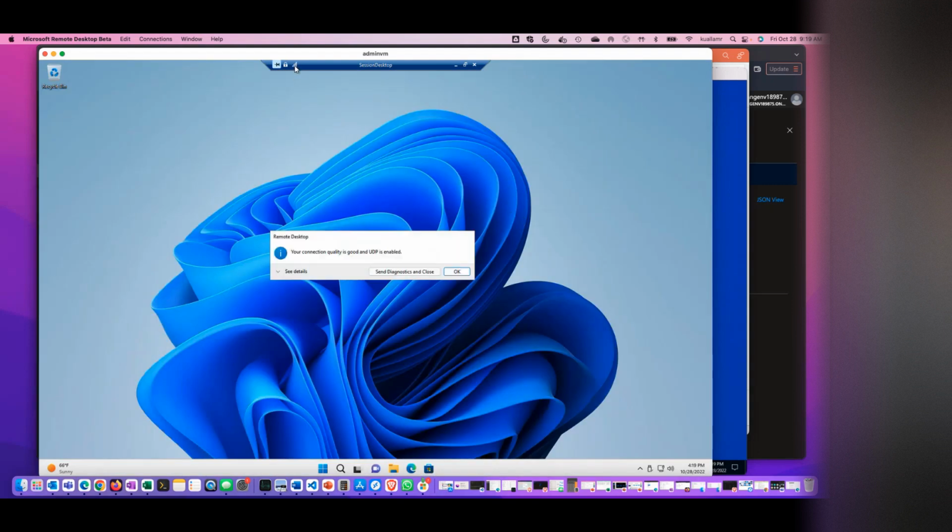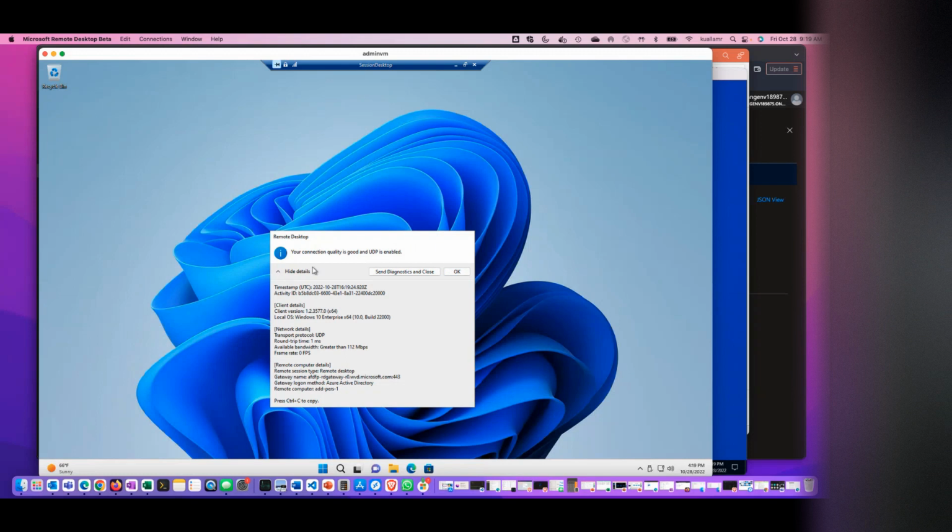So if you see this, it says your connection quality is good and UDP is enabled. So this is one way you can verify. Once you set up this RDP Shortpath, this is connected on the UDP network. Then if you see this, of course, your mileage may vary, but in my case, since I'm connecting on